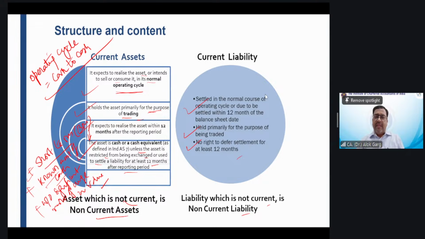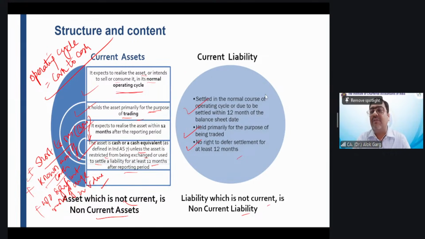Even though the bank has agreed after 31st March, but before approval of the financial statement, it does not make any difference. On 31st March, the company is obligated to pay within 12 months from the end of the reporting date. So as at balance sheet date, the company is obligated to pay. The bank has agreed after balance sheet date, so it will be classified as a current liability.